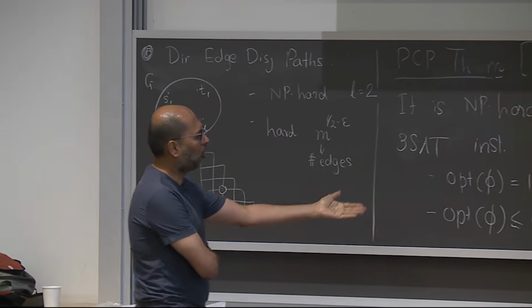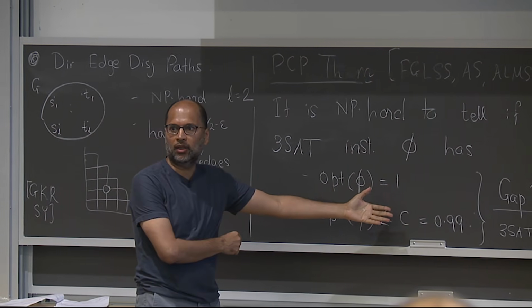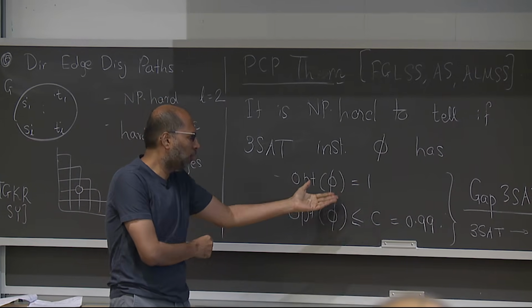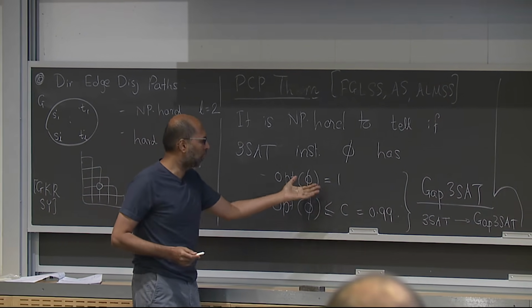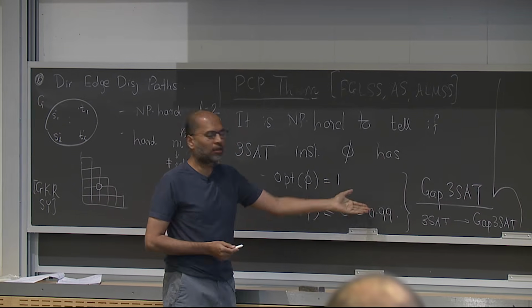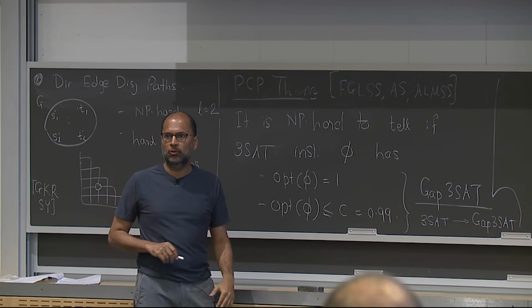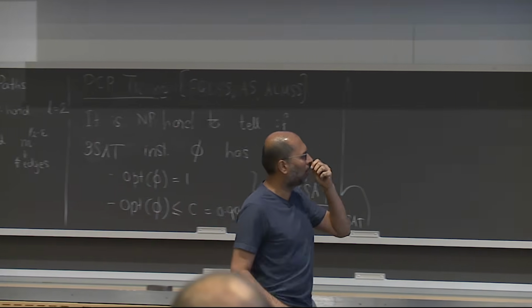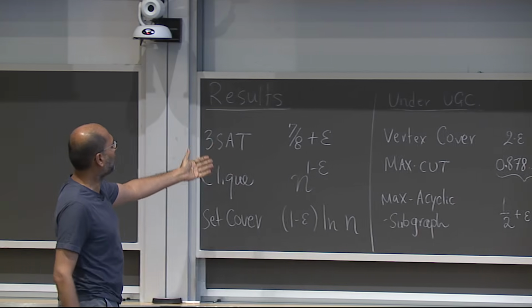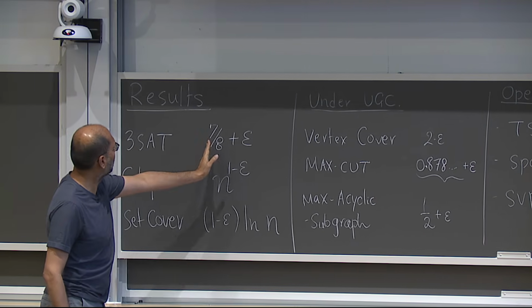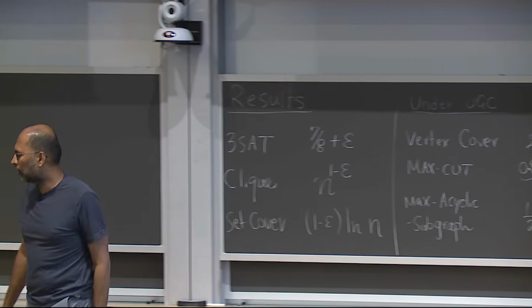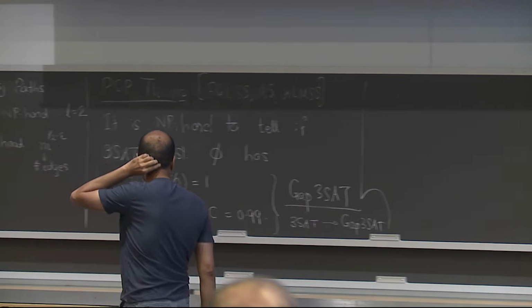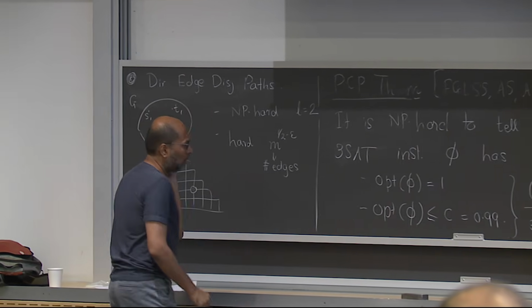So clearly, it already gives a hardness of approximation result. Arguably a mild one: there is some threshold, in this case 0.99, beyond which it's hard to approximate. As you would note, I'm being a bit sloppy. Sometimes I think of the hardness factor as some number less than 1, sometimes larger than 1. So I hope it's okay.